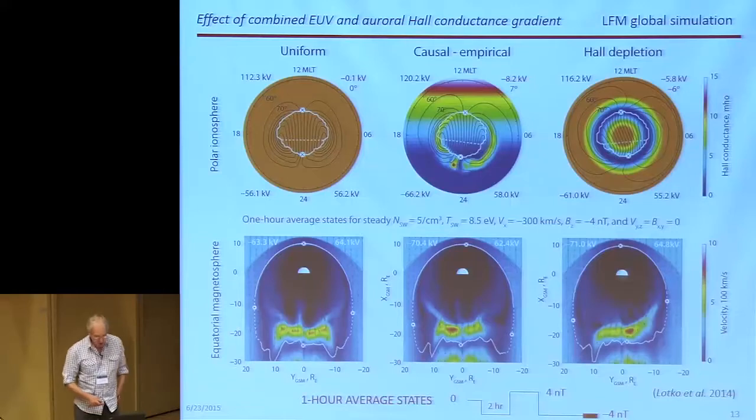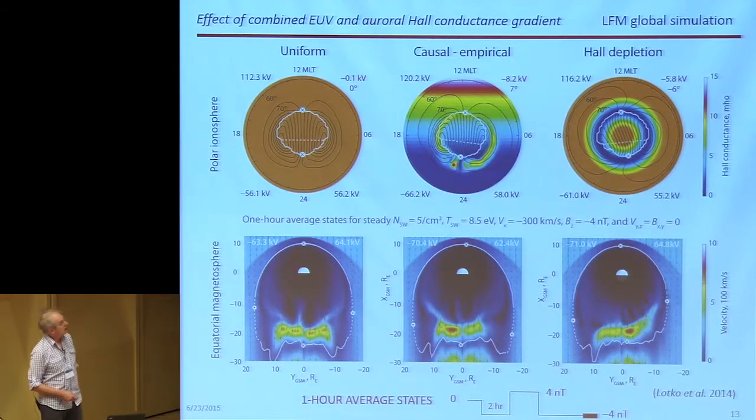Okay, in a study reported last summer, we actually put in both the EUV gradient and an auroral gradient. This is from LFM's empirical conductance model, or precipitation model, which I'll talk about a little bit later. And so I contrast for you three cases here. This is the case where the conductances in the ionosphere are uniform. In all three cases, the Pedersen conductance is uniform. What's plotted here is the Hall conductance, and so you see the EUV plus auroral, and then here,